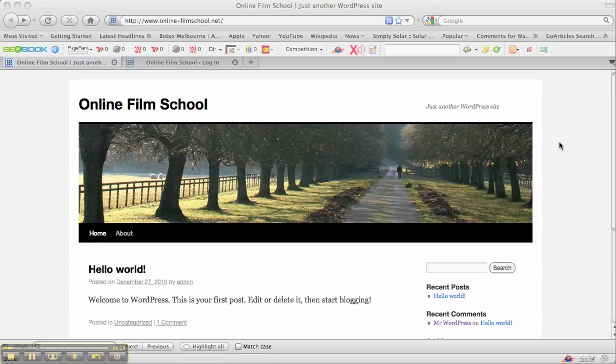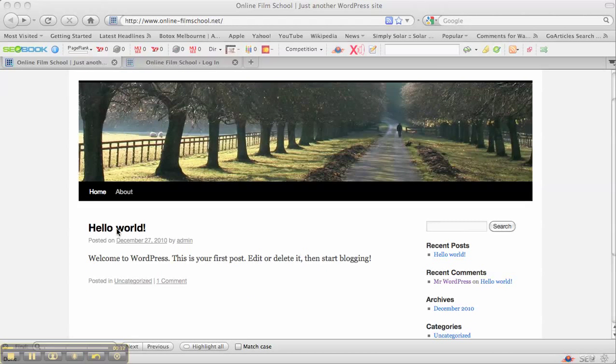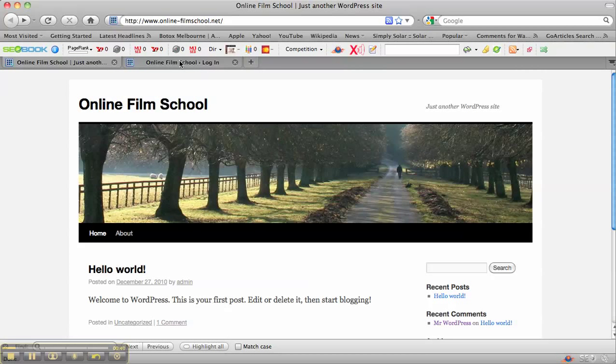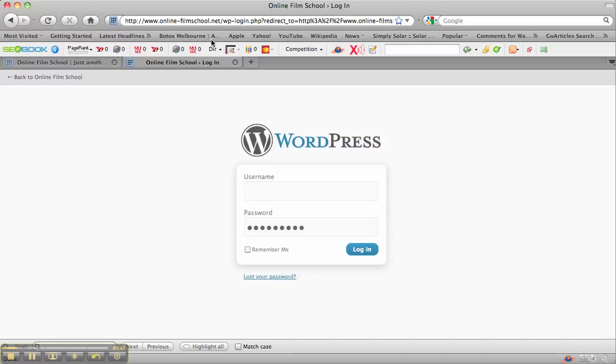Now it's automatically set up as a blog. So you'll see there the first thing, it says hello world, which is the first post that you can go in and edit. Okay, so if you then want to log into the backend, if you put WP-admin